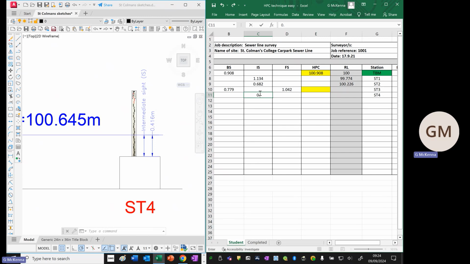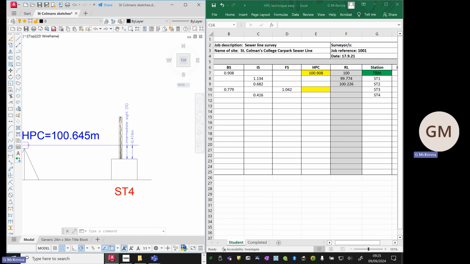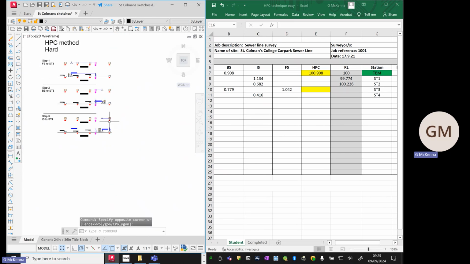it'll just be 0.46 meters. Again, you double check that on site just to make sure you haven't made any mistakes. And of course, you would in real life continue that, for whatever number of points you want